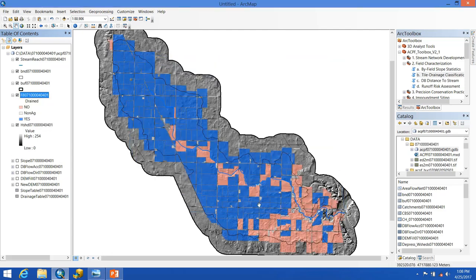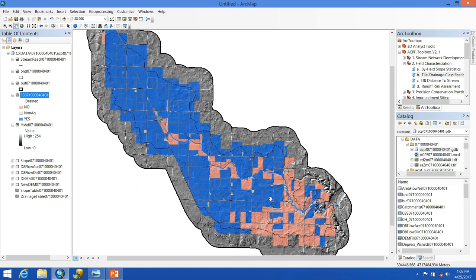Apply, okay. And now we get an idea of which fields are likely to be tile drained, shown in blue, and which ones are not as likely, shown in this pink-red color here. If we open this up, take a look,